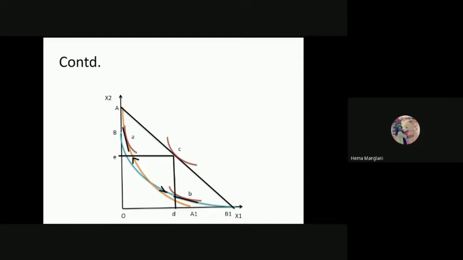So what does it mean? In the international market, this commodity Y is now expensive because this line is flatter, and this line shows that the commodity X is now getting steeper or expensive in the international market. So if country A would offer this Y or X2 to the world economy, then they will have more welfare because they will be offering now less of X2 for the X1. Similarly, this country would offer less of X1 for the X2.